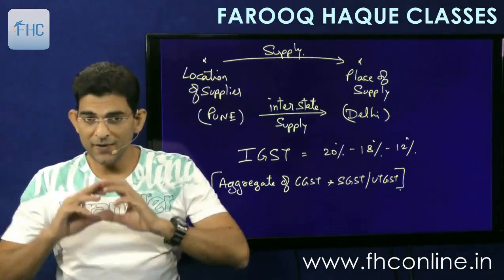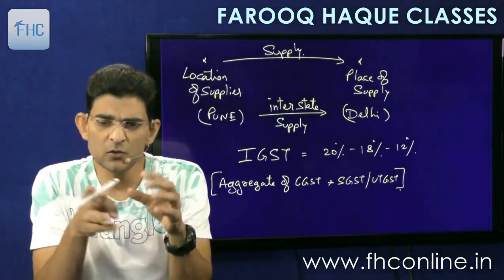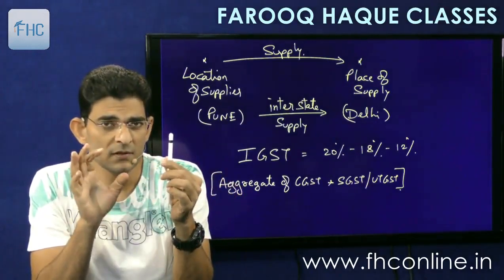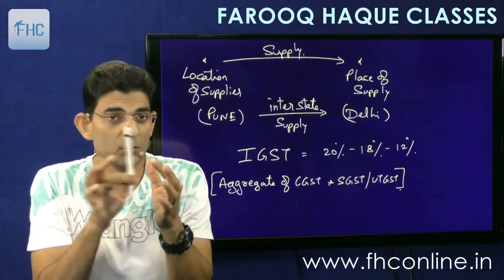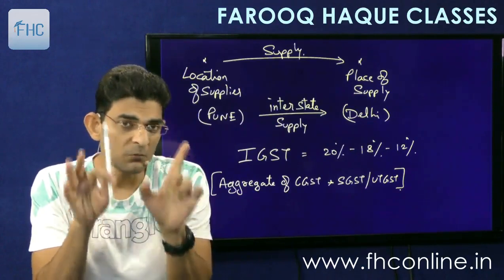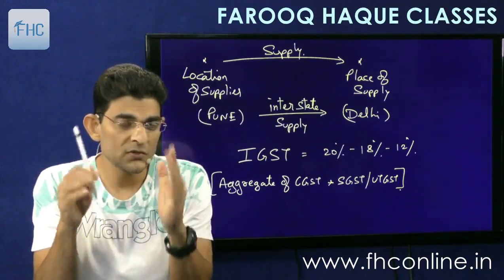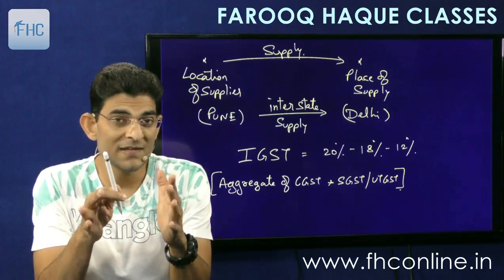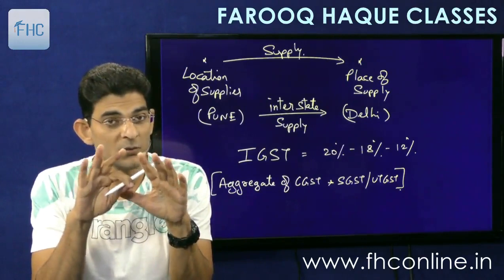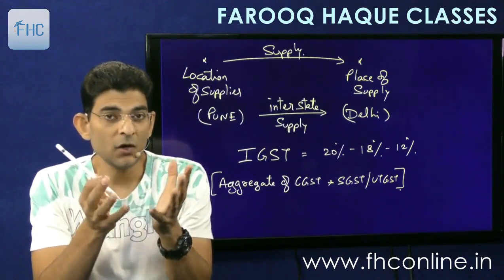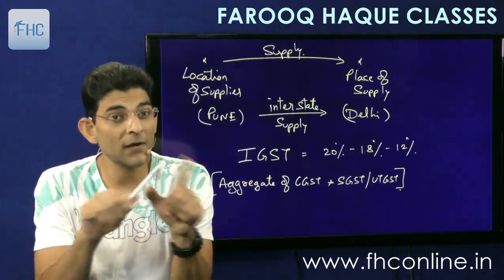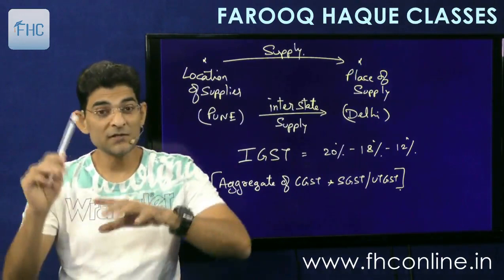If you take any particular goods, for example this pen, if IGST on this is say 20%, then if I sell interstate, I'll pay 20% in the name of IGST, and if I supply it within my state, I will pay the same 20% but divided into two components, 10 plus 10. 10 will be C and 10 will be S. So the rates will always be correlated. It cannot happen that IGST is 25% but CGST and SGST are 20%. That cannot happen. The rates cannot be different.